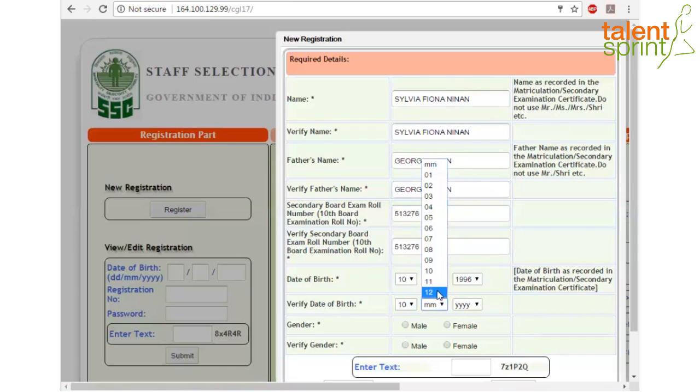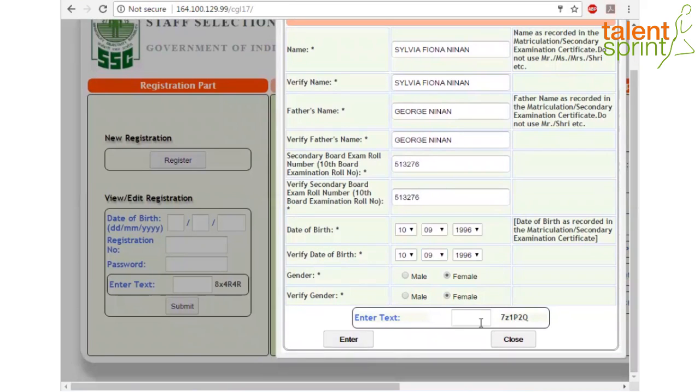Verify it. Select your gender and then you enter the text as shown in the box. Make a note of caps, or if it's in small letters, differentiate between numbers and letters, especially 1 and L, which seem almost the same. So, just keep all that in mind